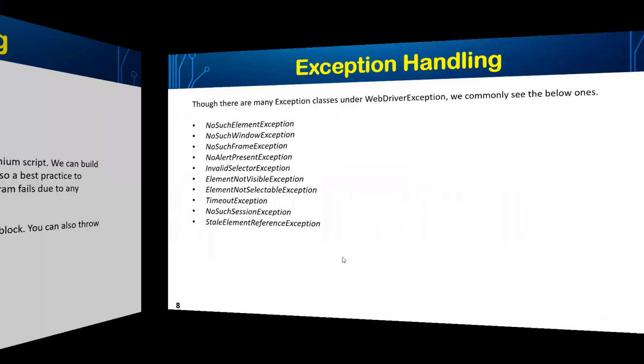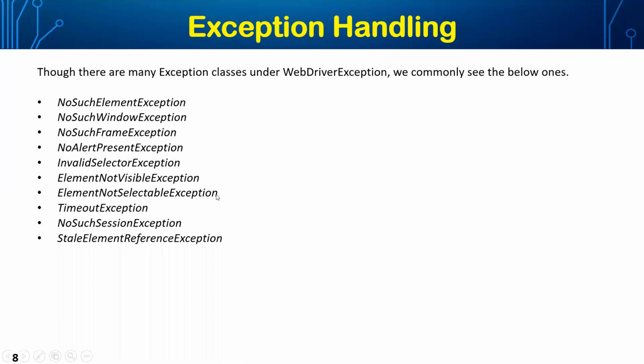Okay. So there may also be many exceptions like no such element found. In runtime, you're trying to click on some button, but that button is not yet loaded. Okay. In that time, you'll get a stale element exception. When the DOM is refreshed, you'll get an element refresh exception. When that button itself is not loaded, you will say no such element is found, no alert present, something like that. These are all the different exceptions.